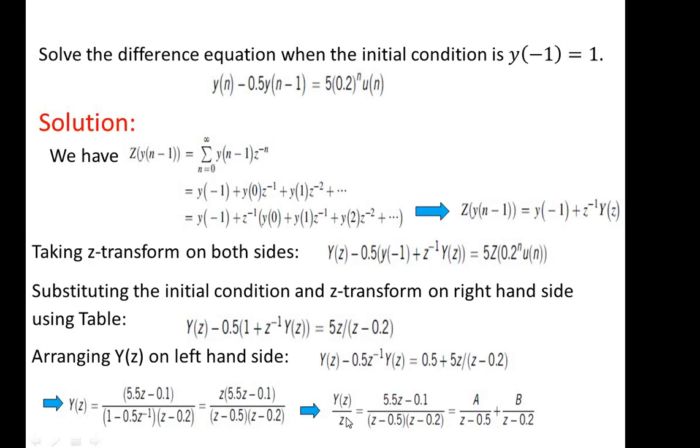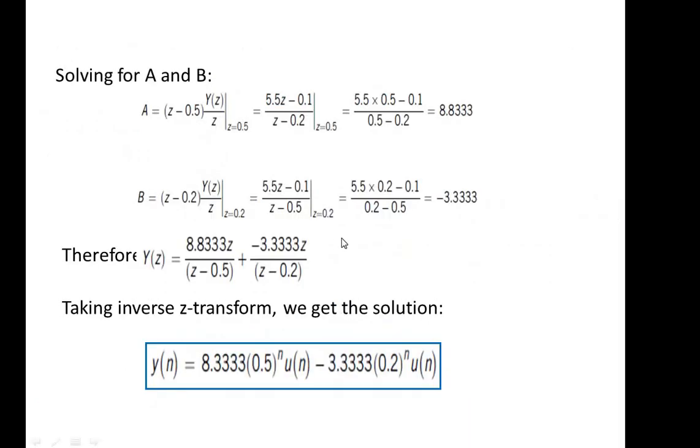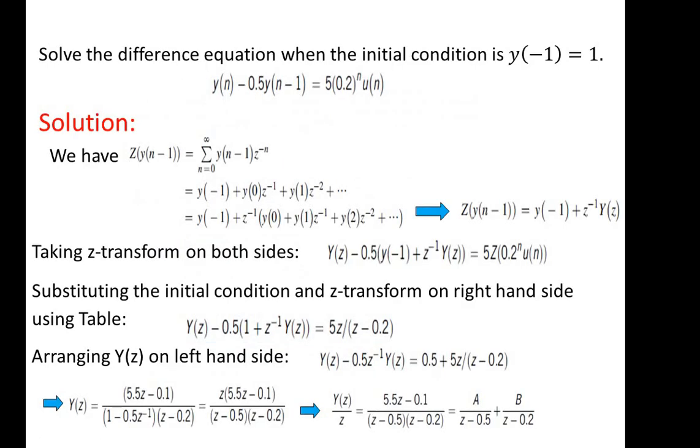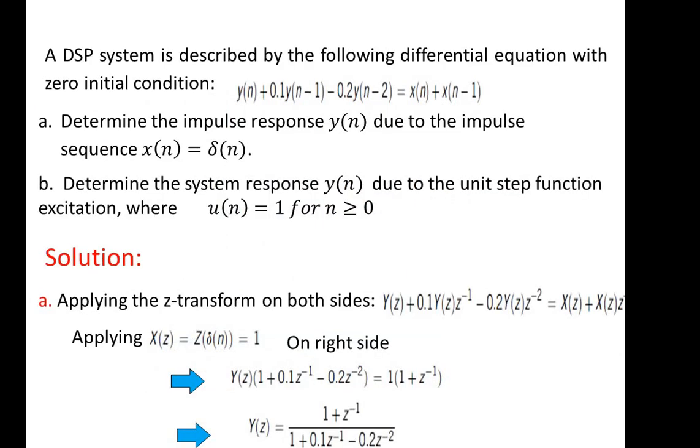The very first step in partial fraction is to decompose this y of z. It means we bring y of z by z formation, and we have to find the values of the constants, bring that to a standard sequence again, and then we can apply the inverse z transform. So this is another example of applying partial fraction to get the inverse z transform in this difference equation too.